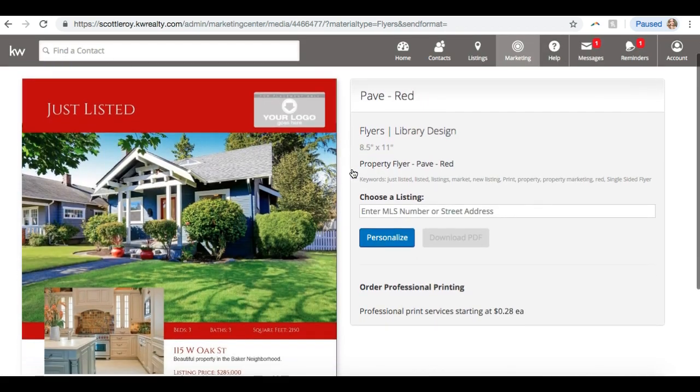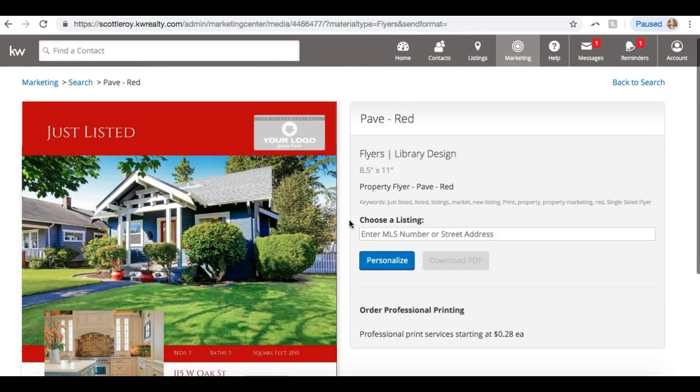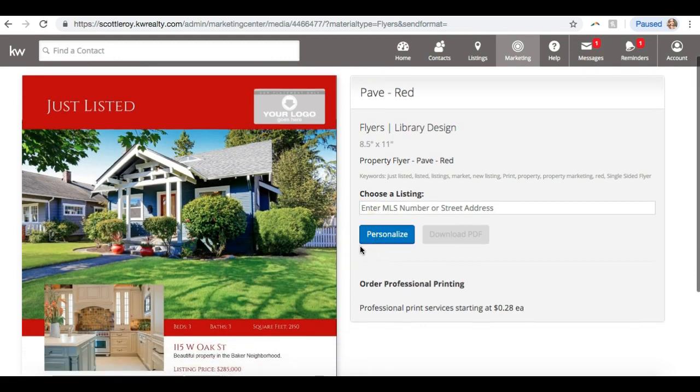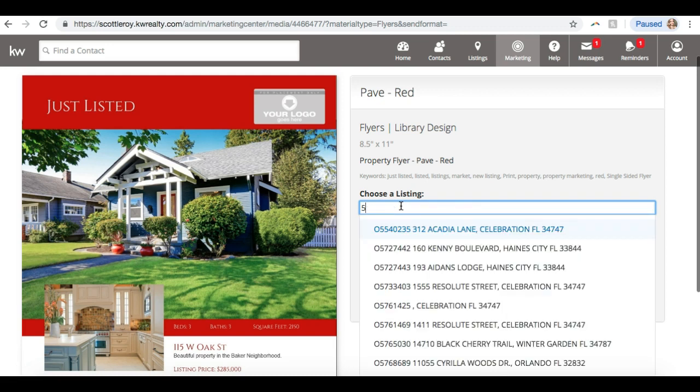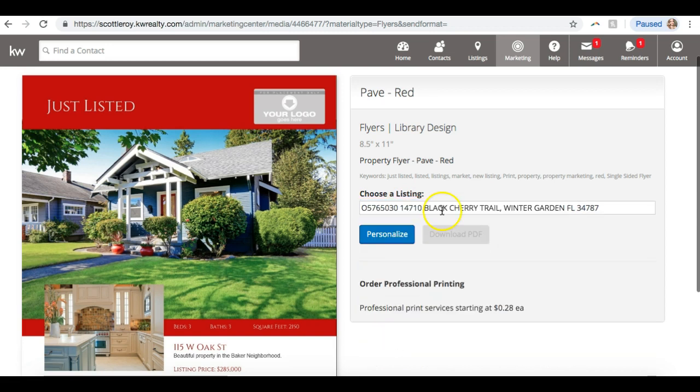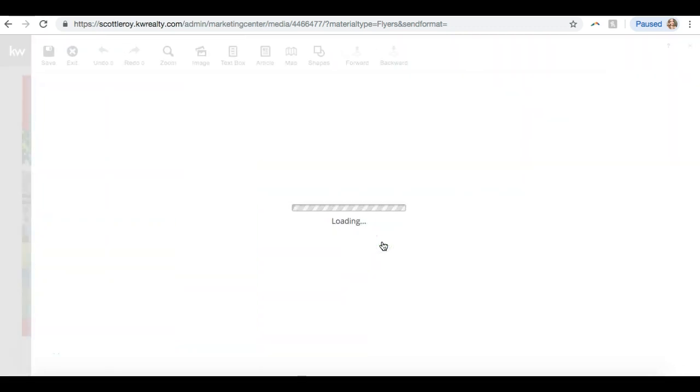So creating the property flyers is a little different, and honestly it's a little bit easier. So you can see this is a print piece. If your IDX is properly set up, you will have the option here to choose a listing. So you can actually go here and start to type in the MLS number or the address. You can select that, and then what that will do is it'll actually pull in the information automatically for you. So now when I click Personalize,